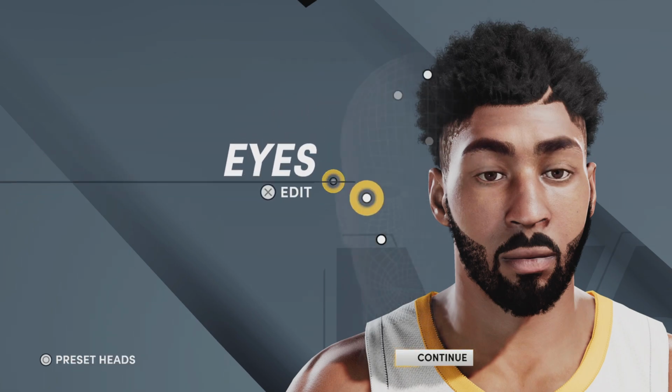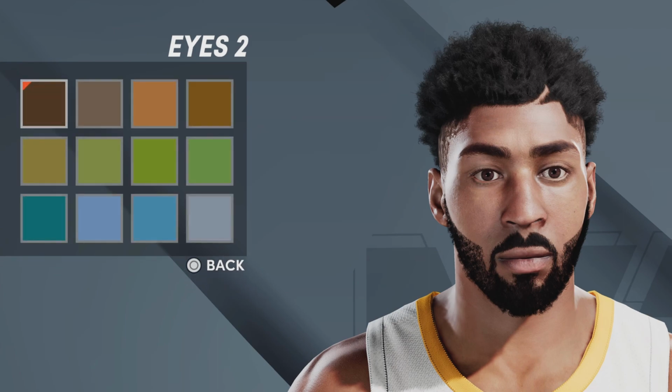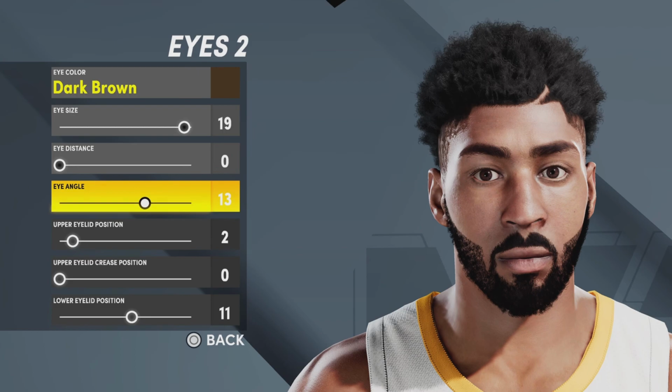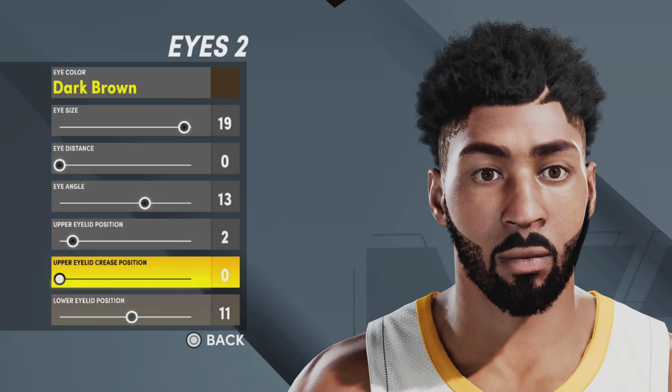We did the ears. Now moving on to the eyes, we're going with eyes number 2. Eye color is dark brown, and it is the first one. Eye size 19, eye distance 0, eye angle 13, upper eyelid position 2, upper eyelid crease position 0, and lower